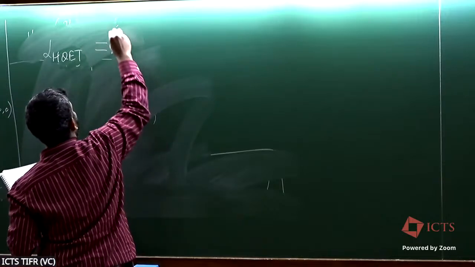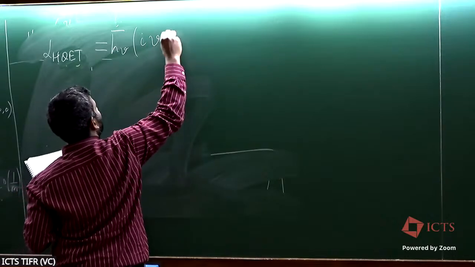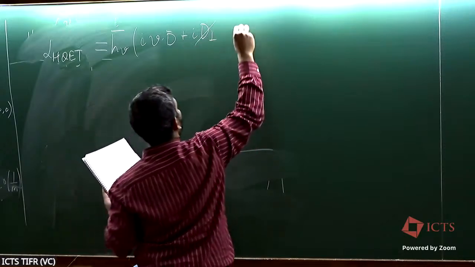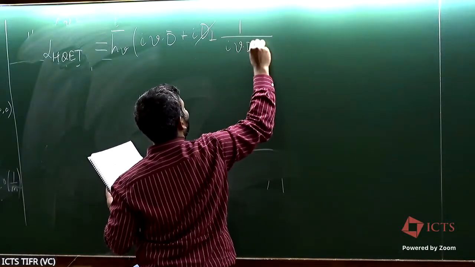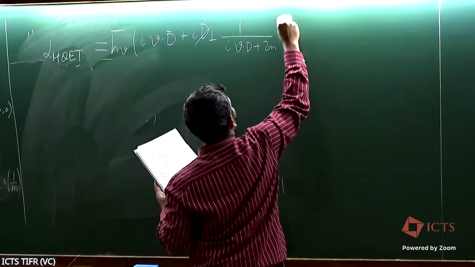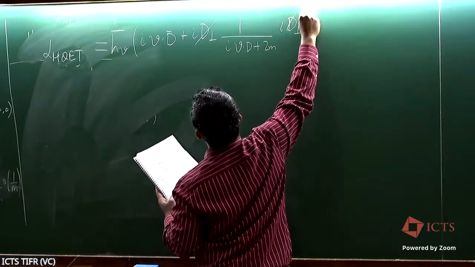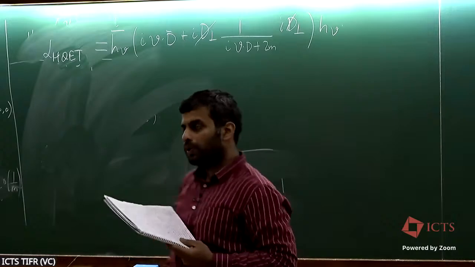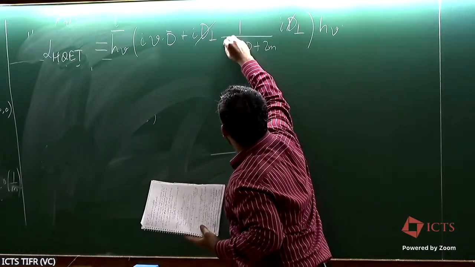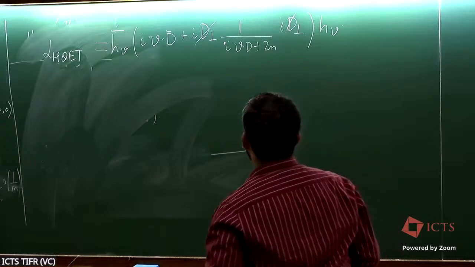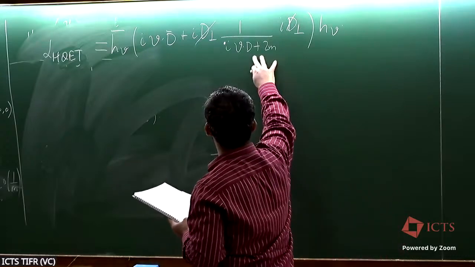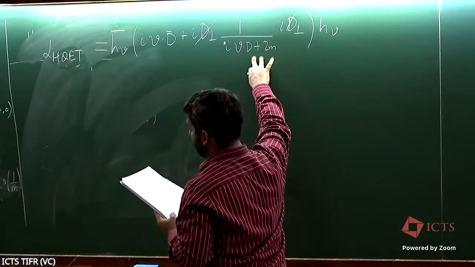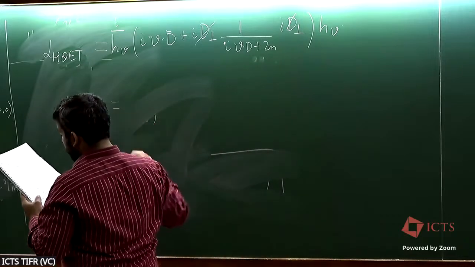So if you now do a systematic expansion, a Taylor expansion of this denominator, order by order in 1 over m, what you will get as a first term is